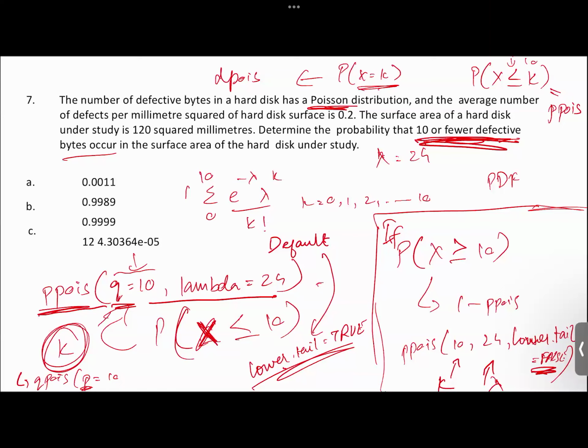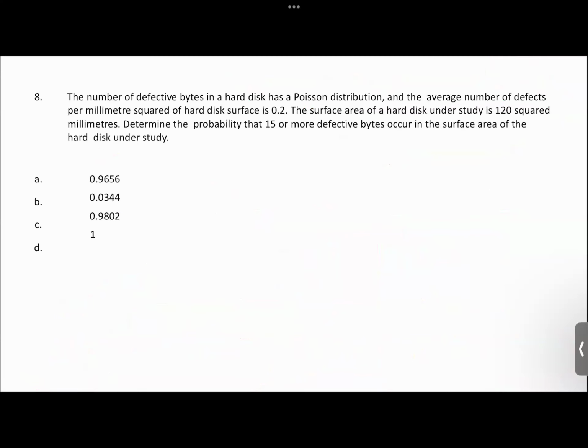Let me see if any of the questions. Next question. No, I don't have any questions of that sort. Ma'am, where can we get these commands, this P pois or Q pois commands? I think if you just Google, wait, let me try. Or maybe you can look for documentation on probability and stats with R. If you Google something like that. Or let me just Google